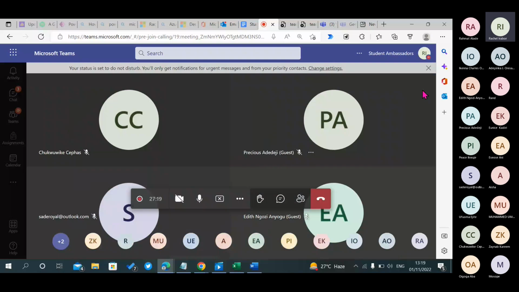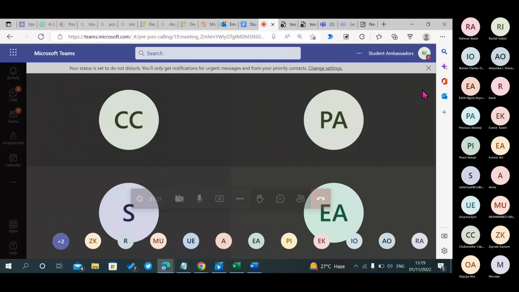Do we have any questions from the tools I just mentioned? Does anybody have any question from the tools I just mentioned?